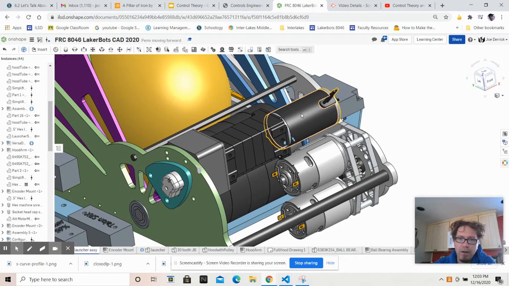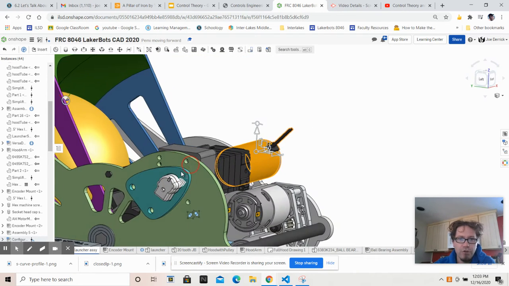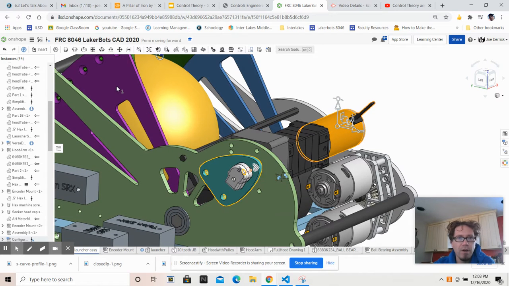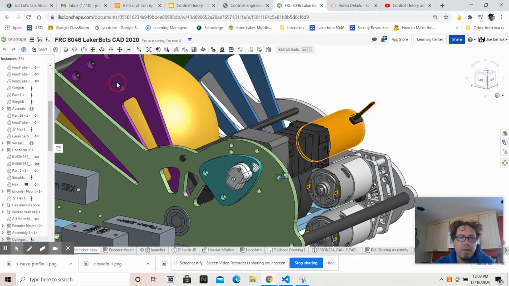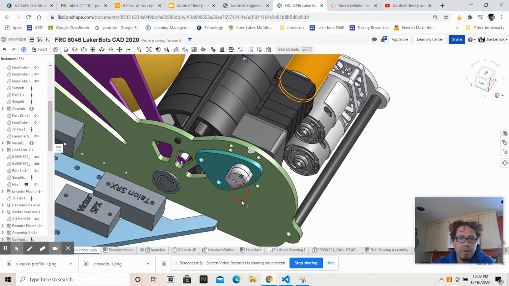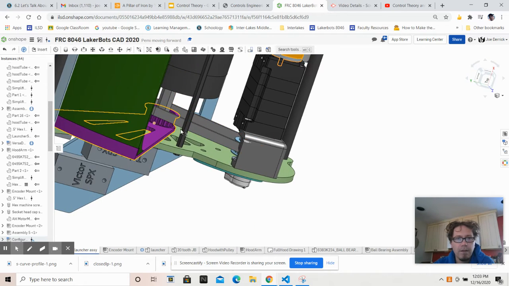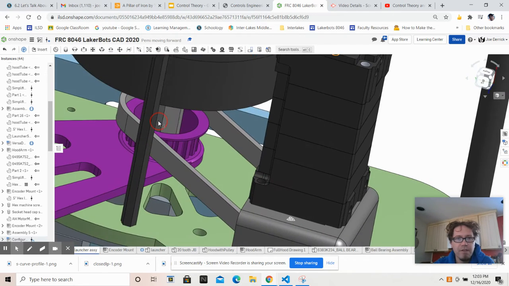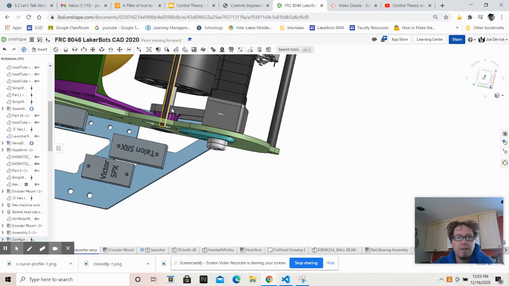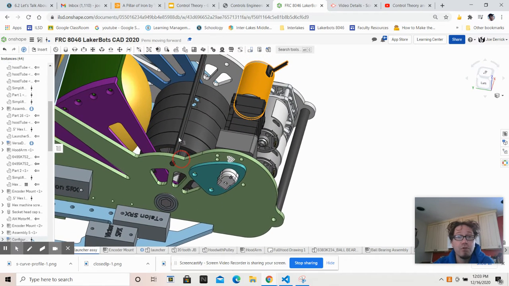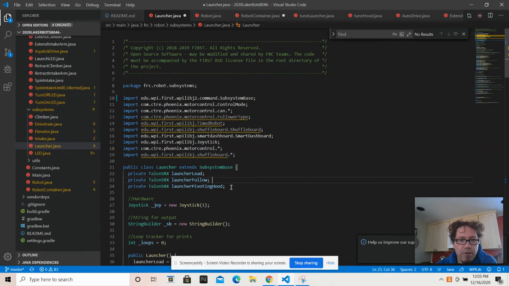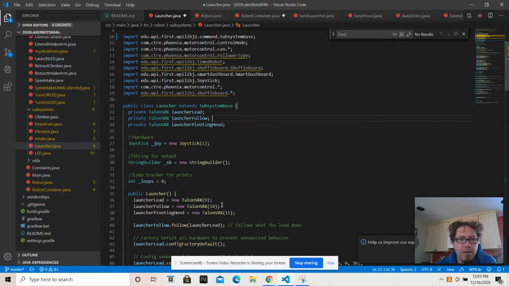And then we also have our pivoting hood motor, which through the pulley and gearbox pivots our hood. And as well, there's the sensor here, and there's the pulley, and it's also kind of cool because there's a bearing here which allows it to be on the same shaft as a shooter but spin at a different rate. So if we look at our VS Code, there's